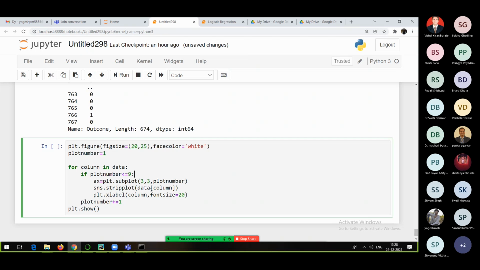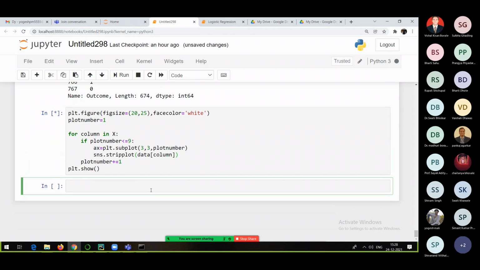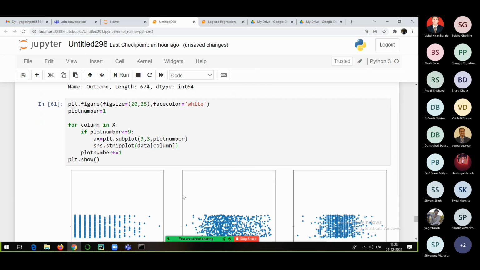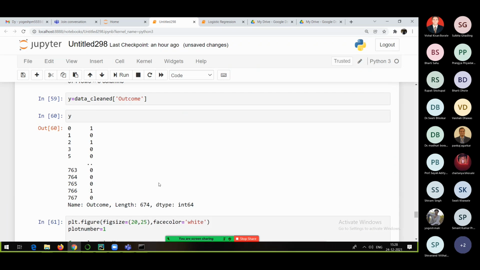Instead of this particular thing I should be using X, because X is our input, right? And if the plot number is less than or equal to 9, plt dot subplot 3 by 3 and SNS dot strip plot. There will be no need of this because a strip plot has 2 dimensions. Then you will be able to see a strip plot which will show the relationship between different columns. So okay, I think I made some mistake here.